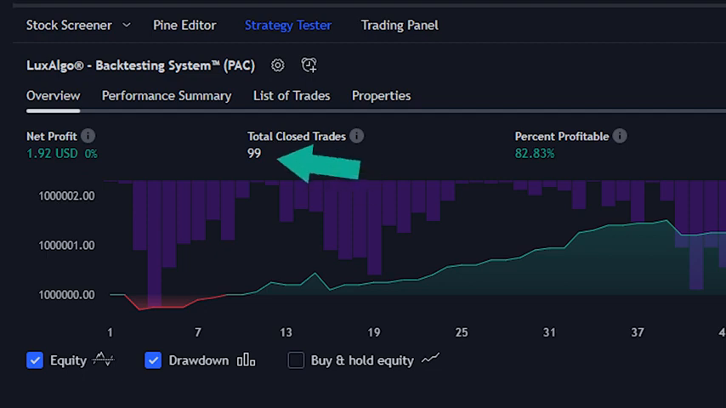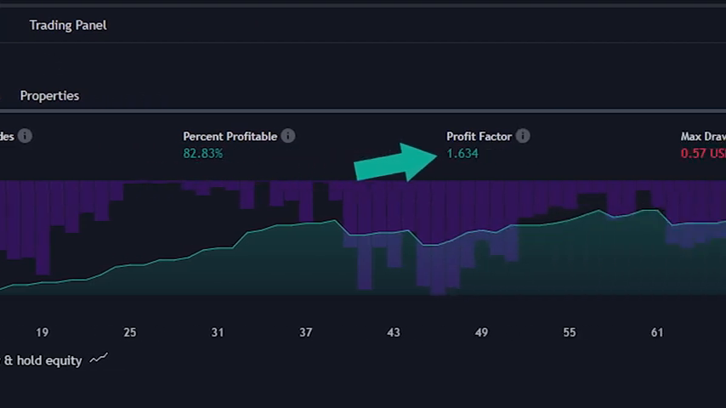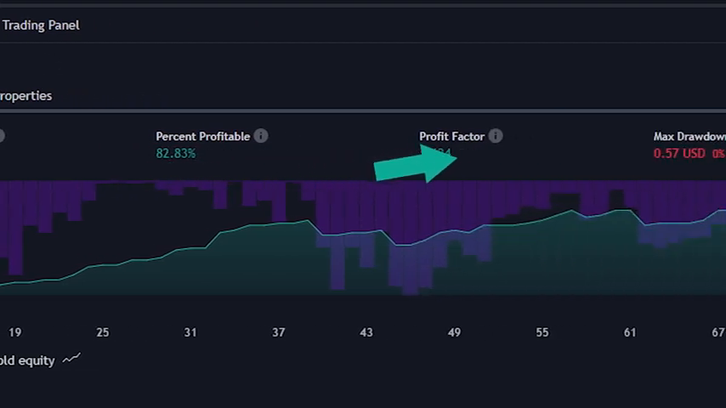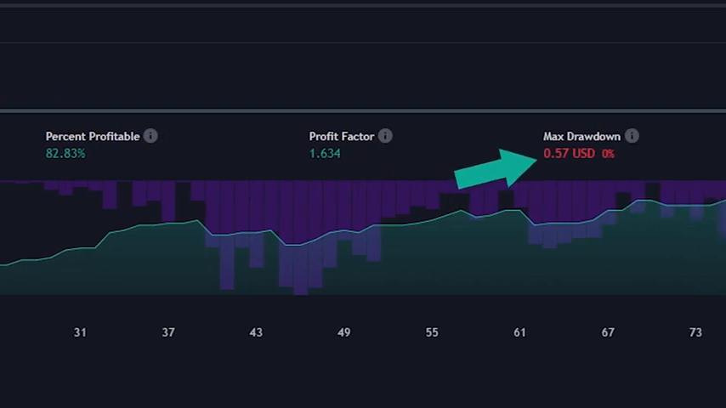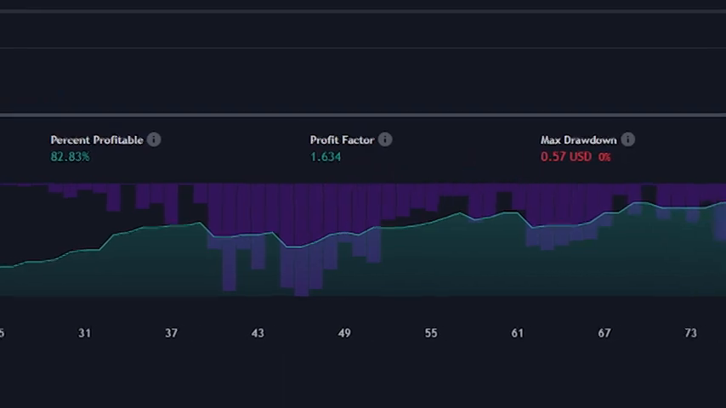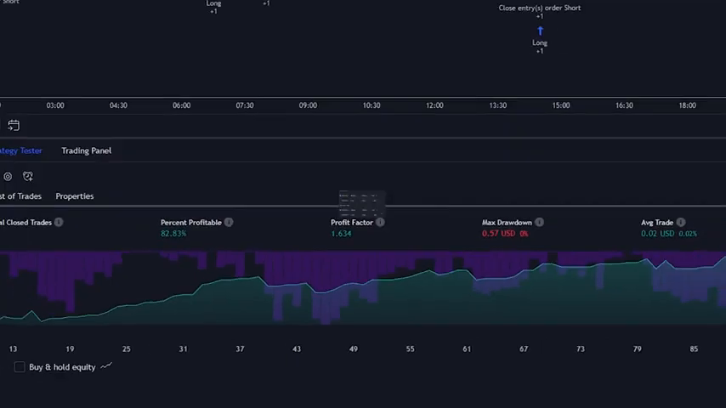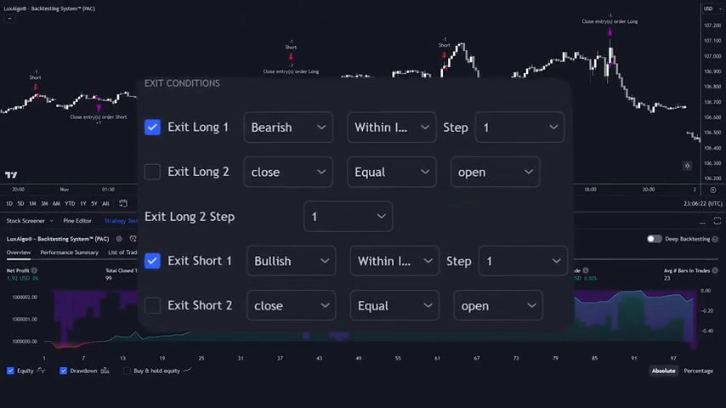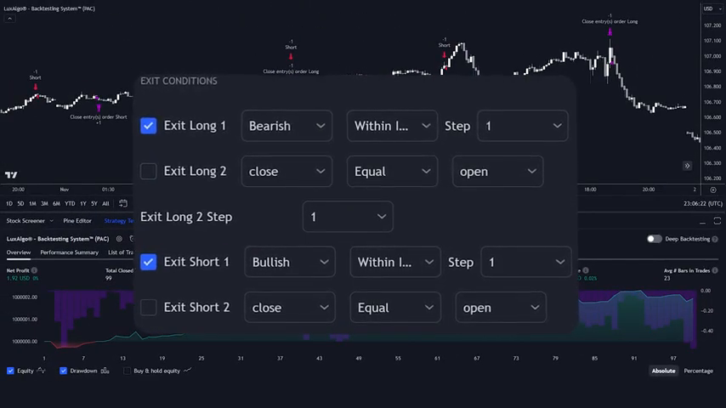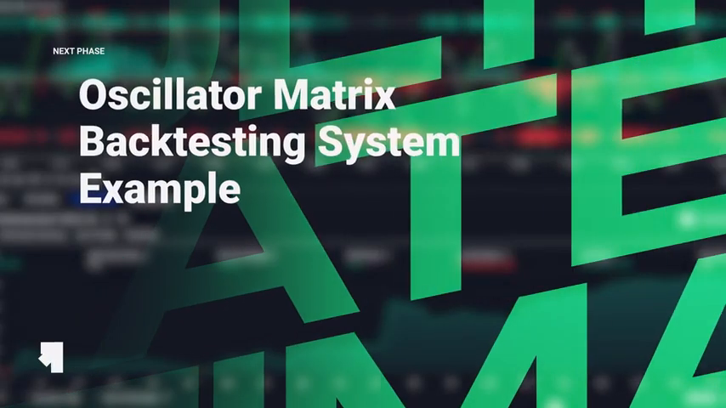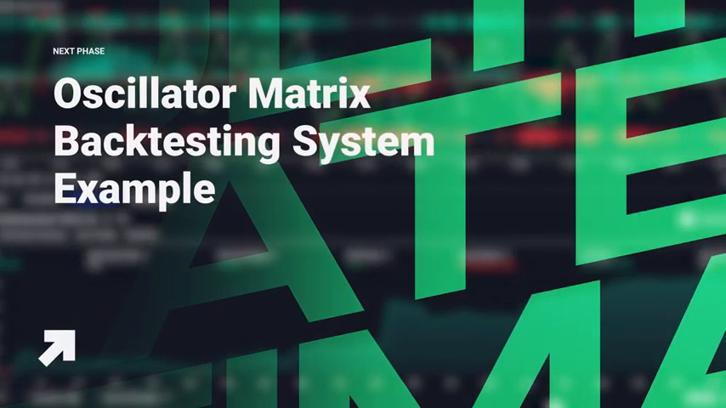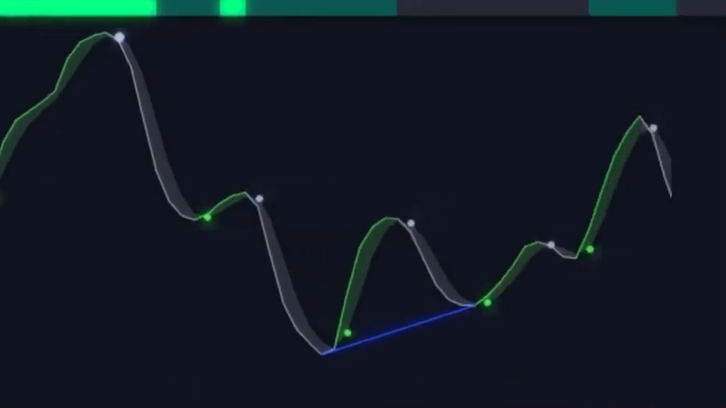Having a total trades of around 100, a very high win rate, and a good profit factor is what we really like about this strategy, but the max drawdown could definitely use some work, in which potentially using another condition for the stop losses or the exit conditions would potentially be able to help this metric and give us a better strategy overall. Now, our last strategy script is based on the oscillator matrix indicator, which is an all-in-one oscillator